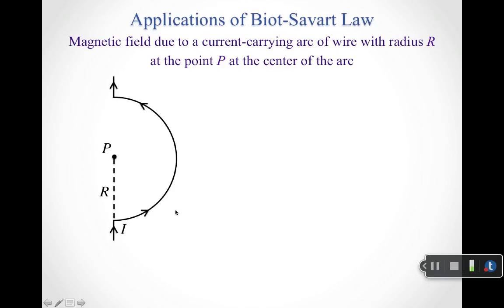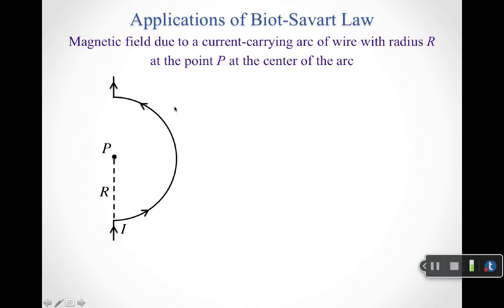So in terms of the first example, let's just take the magnetic field due to a current carrying arc of wire. So we're just talking about some circular stretch of wire. Here I happen to have drawn it halfway around the circle, but there's nothing sacred about halfway. In fact, we're going to do this in general so that it doesn't matter whether this is halfway, all the way, a quarter of the way, or just some tiny fraction of the way. Just as long as what you've got is a current carrying wire arranged along a circle, and point P, where you're interested in the magnetic field, is sitting at the center of that circle